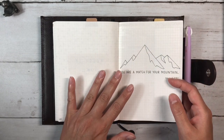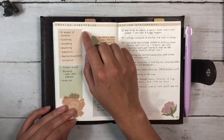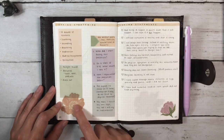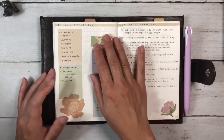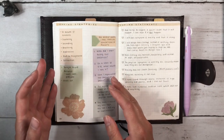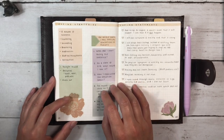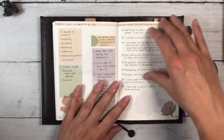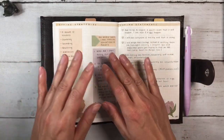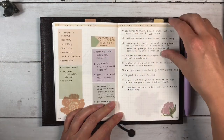A lot of this is general, some of it's specific. So I have coping strategies for when I'm feeling especially anxious. I also have some questions that I ask myself when the anxiety is causing me to feel physical sensations. You'll also see some stickers in here. These are from the Happy Planner Homebody sticker book. I mention this book all the time because it's one of my all-time favorites. The stickers and the colors just went perfectly with the Tombows and just the kind of calm and neutral vibe I wanted in here. Across from my coping strategies, I have coping statements,